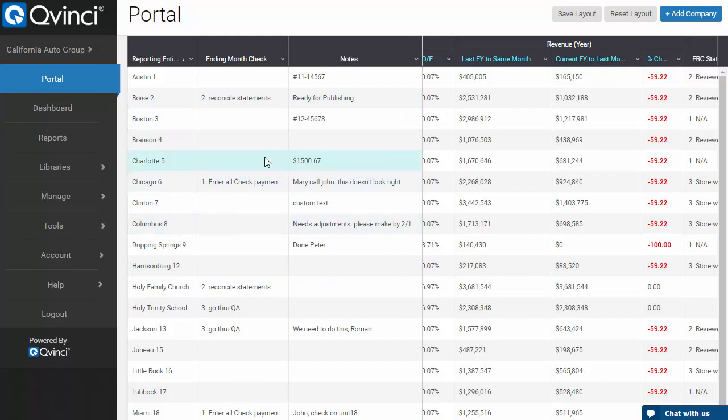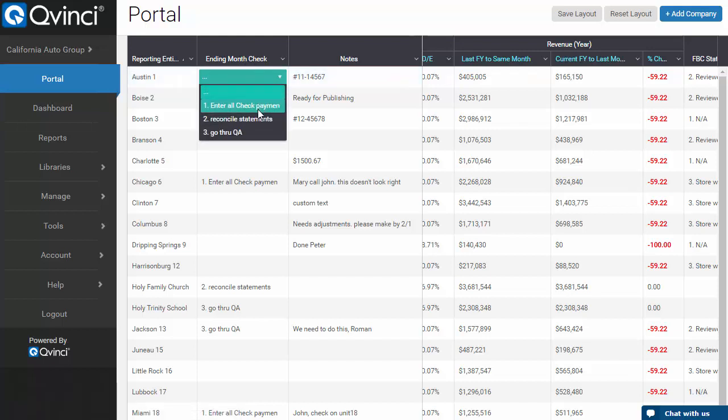Now, one of the things we have for you that's really, really powerful is this concept of status fields and note fields. You get 3 fully customizable status fields and 2 note fields. Status fields work like this. You at the corporate entity decide, I'm going to set up a workflow or a list of clients by type, by kind, or deanery, something like that. It's fully customizable. You'll name it what you want, and you can create these pull downs. These could be lists, and it could be dates.